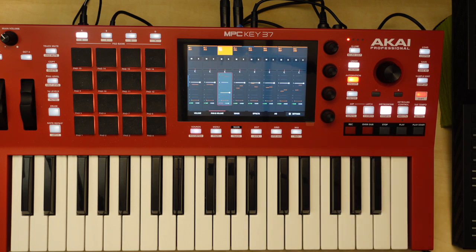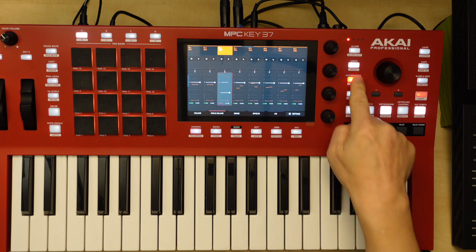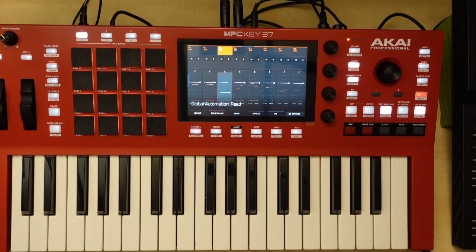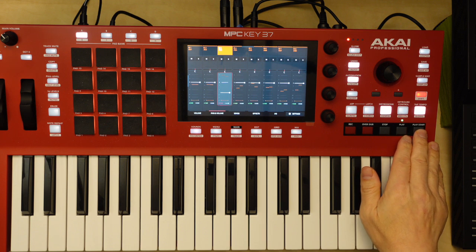so right at this point, I hit stop. I've just written some automation, and that's control change, I believe it's 007 for volume. MIDI volume, that is. So by deselecting automation write, we're now in automation read. So we're reading whatever we just wrote previously. So if I press play,